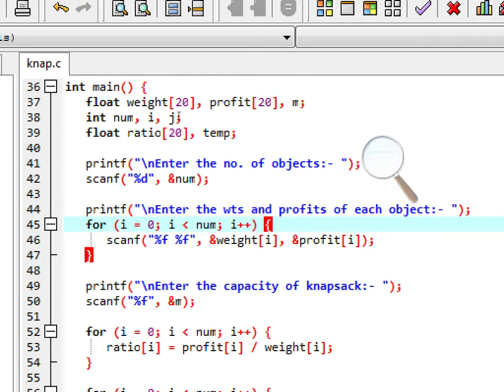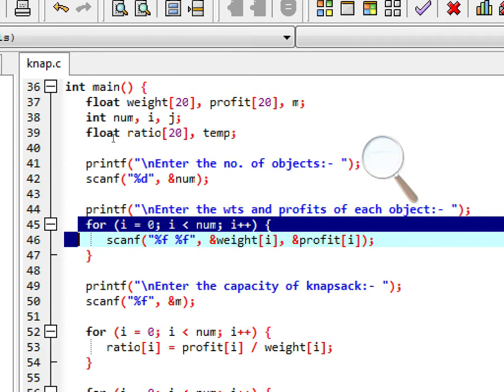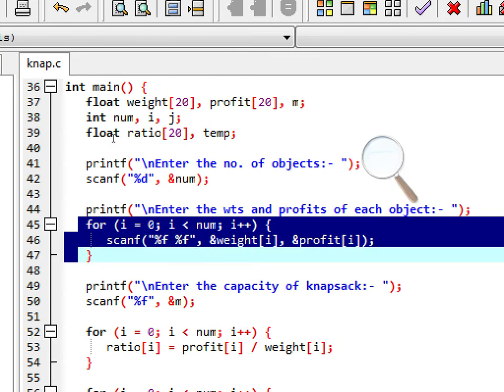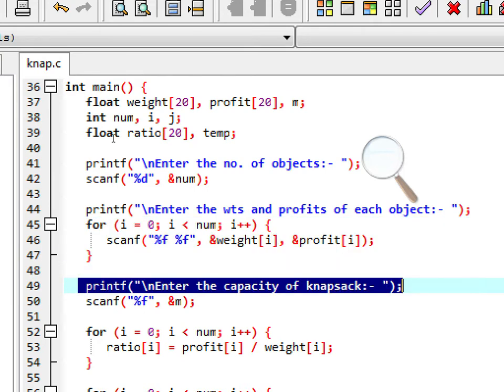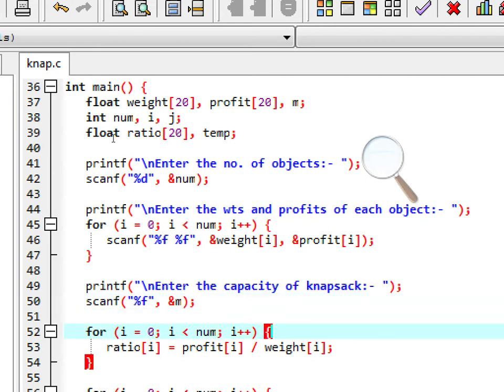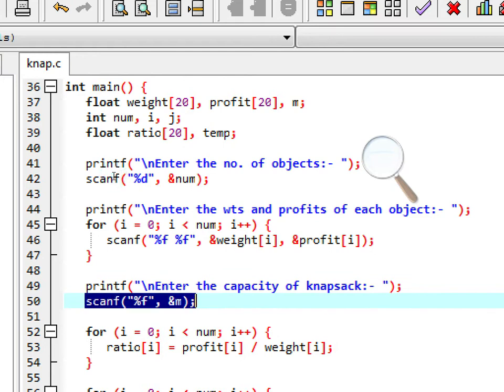Within this for loop we take the weight and the profit of 3 objects, or however many objects you have written. After that we write the capacity of the knapsack, and that value we store in the m variable.